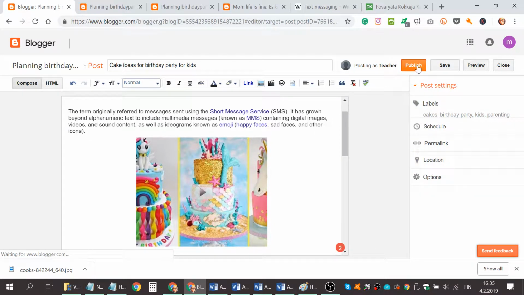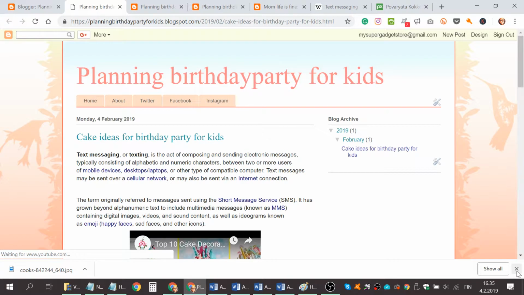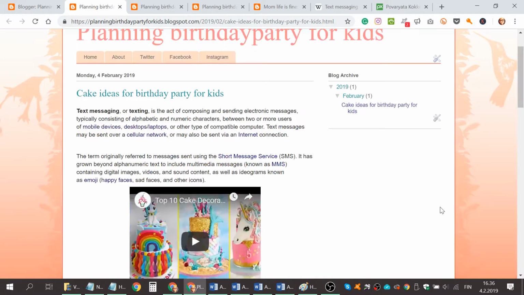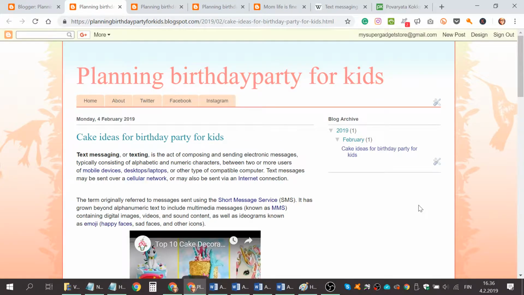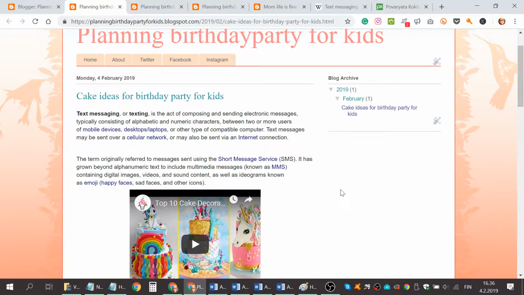Okay, let's hit publish, and let's view this. Okay, it's loading, and this is how your blog looks at this point. So I think it looks very nice. So yeah, you have to write more posts, and then they will come here, and you can edit your widgets,